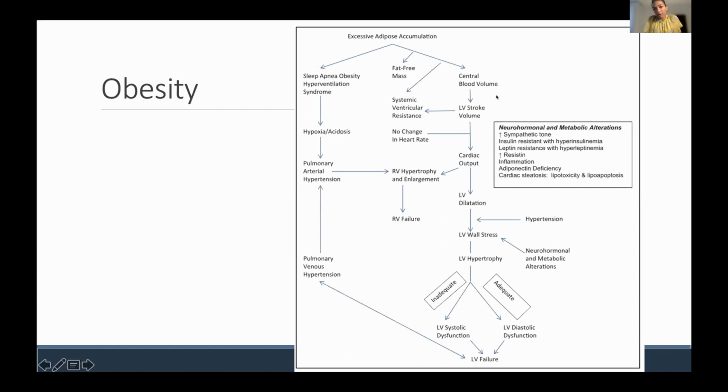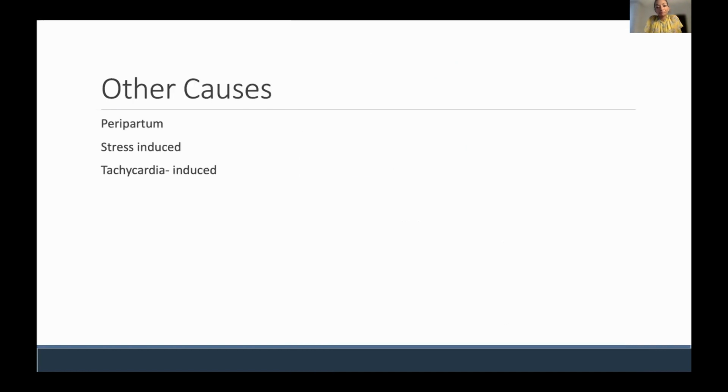The presence of increased circulating blood volume, as well as neurohormonal activation and metabolic alterations in obesity, lead to LV dilatation, wall stress, hypertrophy, systolic and diastolic dysfunction, and then LV failure. And weight loss, either through lifestyle modifications or bariatric surgery, is recommended and can reverse the cardiomyopathy. Other important causes are peripartum,